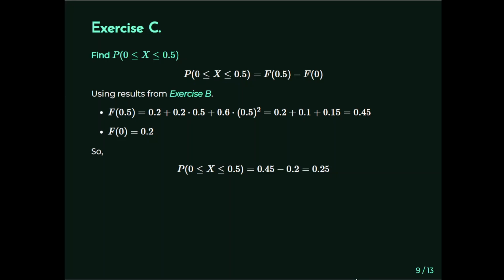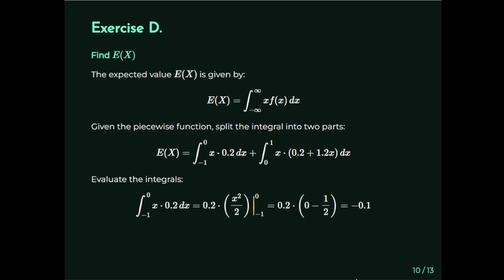So our interval probability, the probability of x being between 0 and 0.5, is equal to 0.45 minus 0.2, which is equal to 0.25. Okay. And finally, what we're going to do here is calculate the expected value of x, the expectation. Again, what we're going to do is split this into two integrals. And so the expected value of x is the integral of x times f of x, which is, again, when